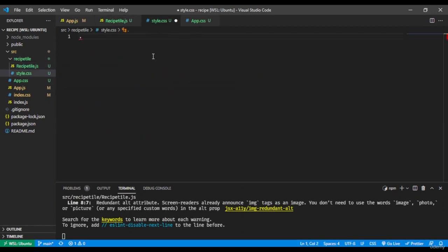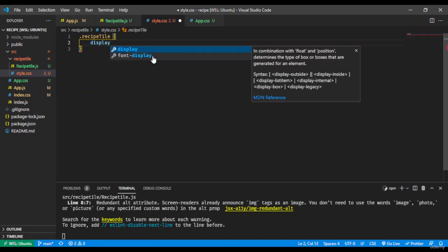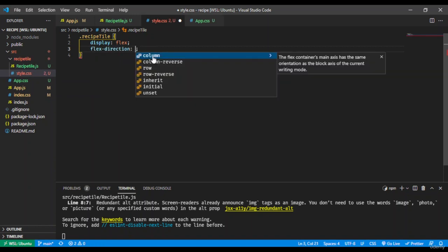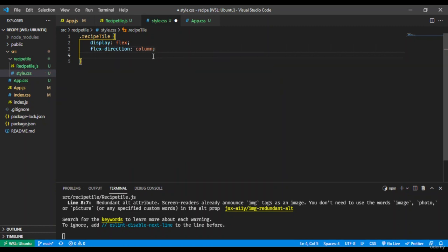First of all, we'll style the recipe tile, and for the recipe tile we'll give the display should be flex, and the flex direction should be column, right? There should be column. So flex direction should be column. Sounds fair enough. Next, we'll justify the content to center. It should be in the center. It should not be in the left, right, bottom, top, whatever. It should be in the center. Next, the align items should be the center,